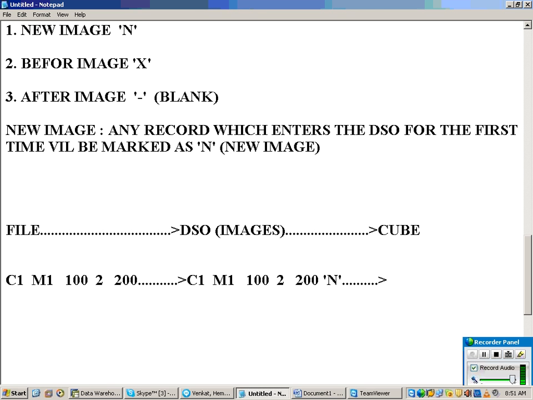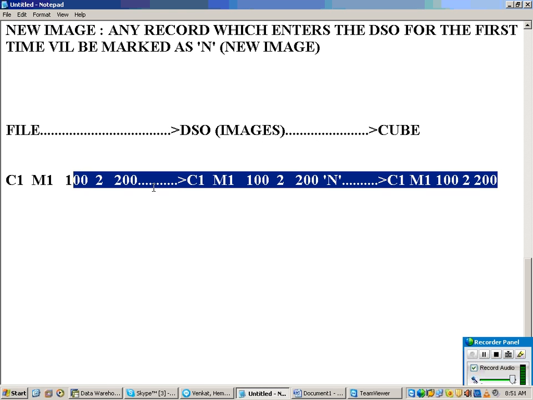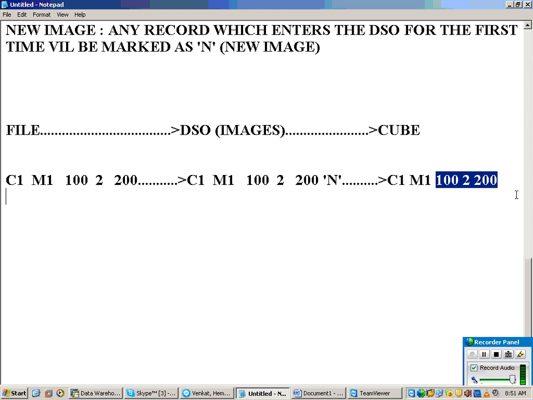Then from here we are loading into my info cube. Now the data in the file is the same as the data in your info cube. Done. Now after some time I got 2 records.